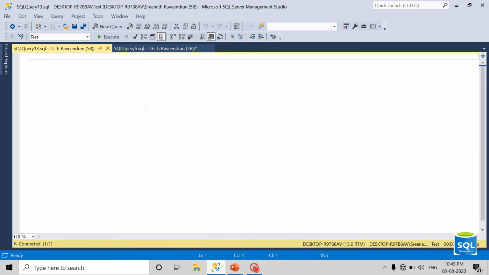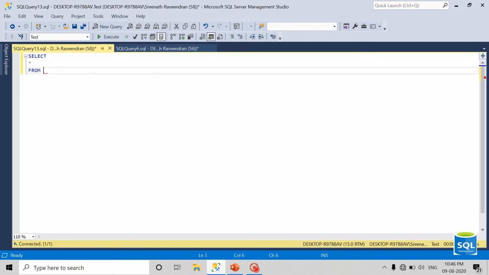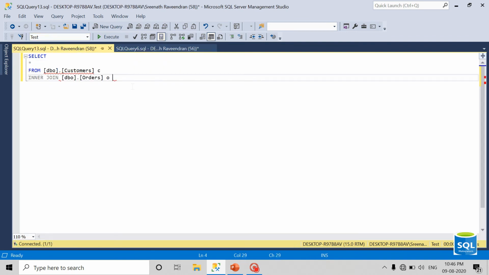So let's write: select star from the first table, customer, with alias name C, inner join the order table, alias O, and I need to specify the join criteria, that is C dot ID equal to O dot customer ID.